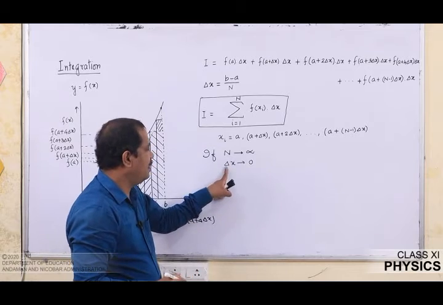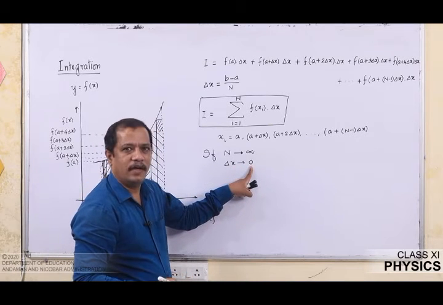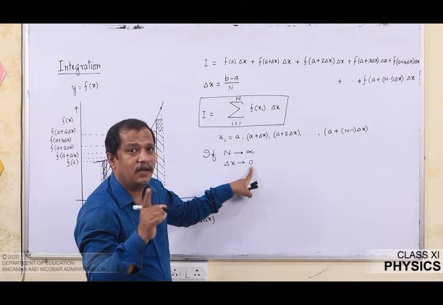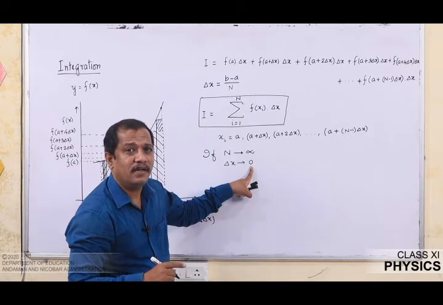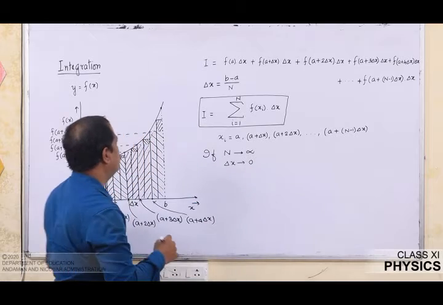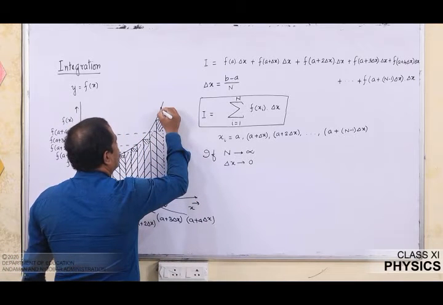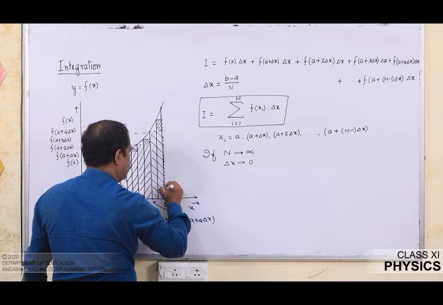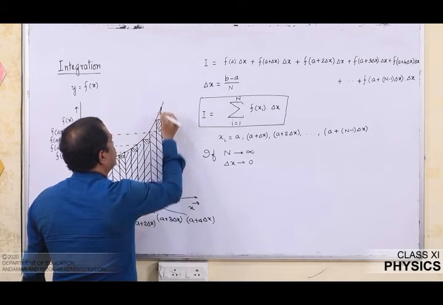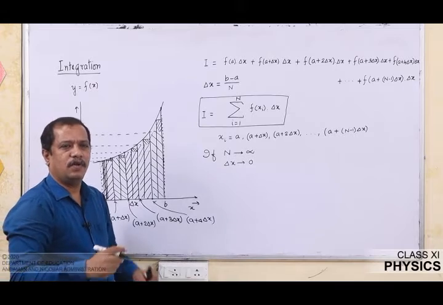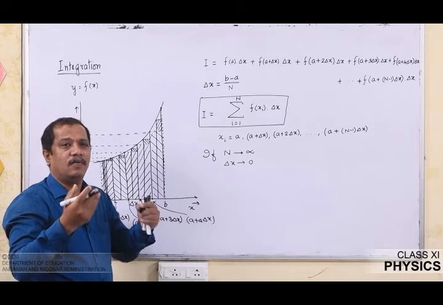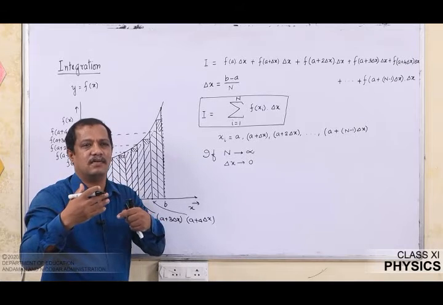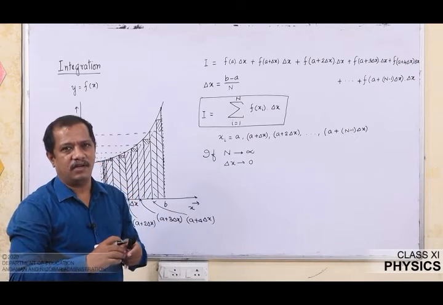So, as n turns to infinity, del x will turn to 0. When we write delta x tends to 0, it means the value of actual delta x will never become 0, but the value of delta x is going to be very close to 0. That means now if you have a very small width of the strip, and if you calculate the area, left out area will be too small, and when you calculate the area, the left out area or the error present in it is not going to make much difference.